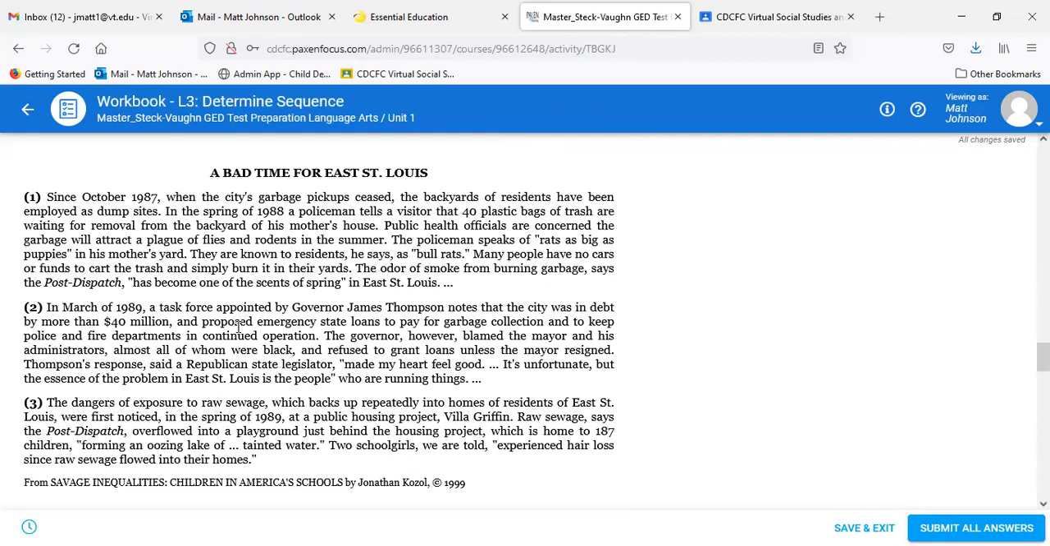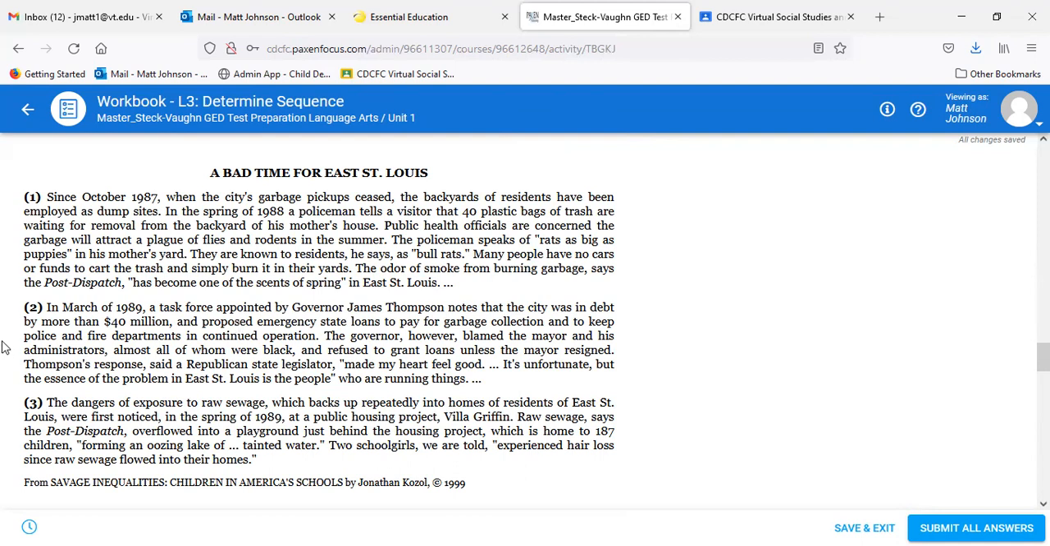In the spring of 1988, a policeman tells a visitor that 40 plastic bags of trash are waiting for removal from the backyard of his mother's house. Public health officials are concerned the garbage will attract a plague of flies and rodents in the summer. The policeman speaks of rats as big as puppies in his mother's yard. They are known to residents, he says, as bull rats. Many people have no cars or funds to cart the trash and simply burn it in their yards. The odor of smoke from burning garbage, says the Post-Dispatch, has become one of the scents of spring in East